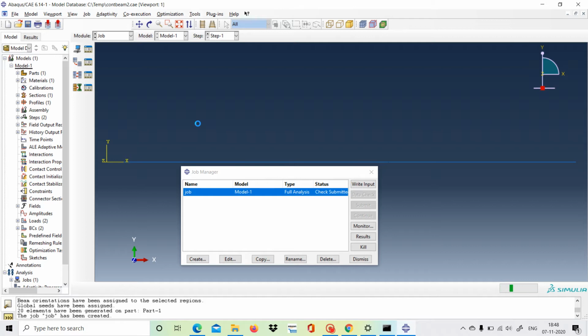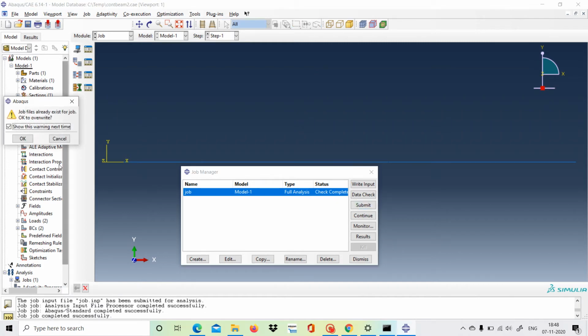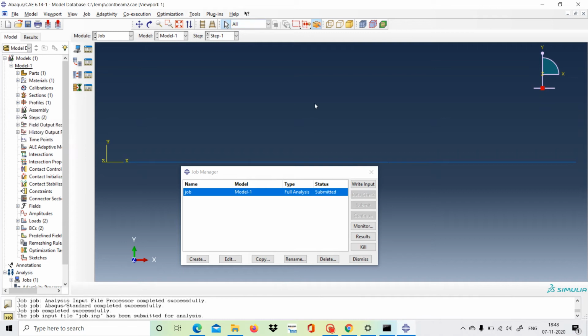It's checking, so let's check the data. It's running. It's shown check completed. We will now submit, after the data check we will submit it. So it's got submitted. Let's see what it will show in the results.